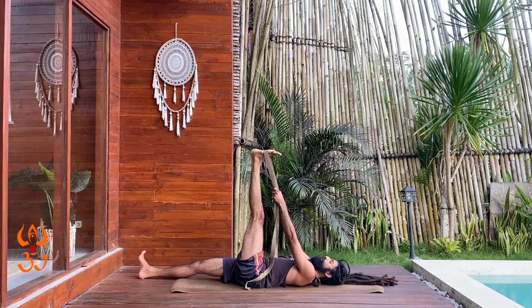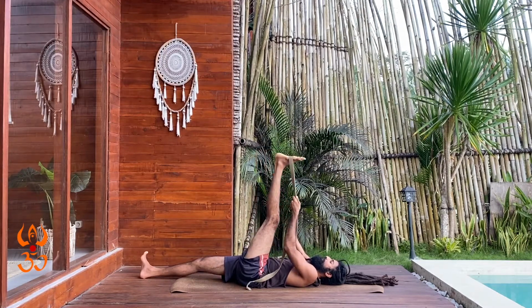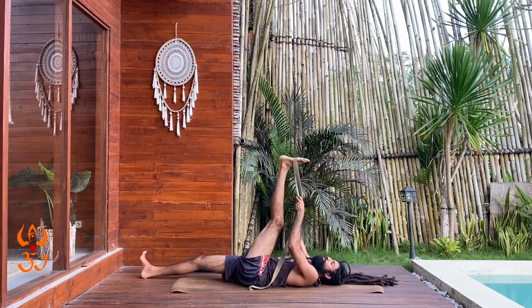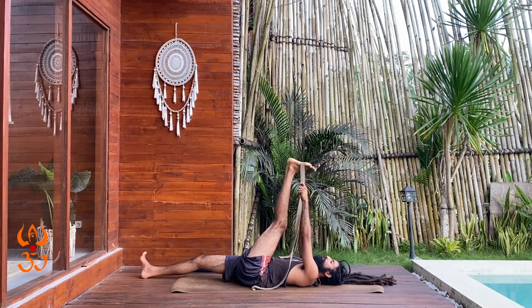So pushing the leg and holding it with the belt for 3, 2, and 1. Relaxing. Drawing the leg closer to you as much as is possible. Once again, don't push, be mindful. Breathing for 3, 2,